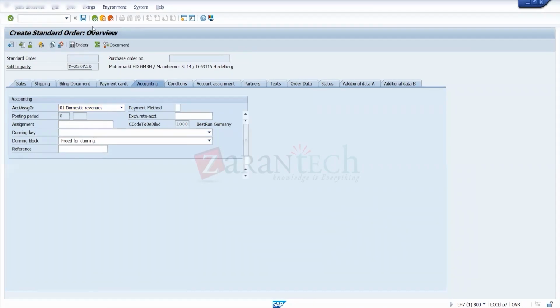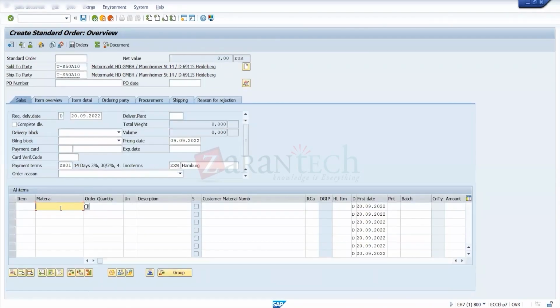Then when I put in a material, like 10, order quantity 10, press enter, then the system automatically picks up